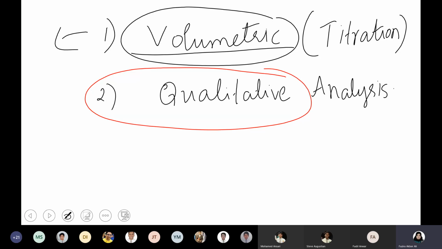I'm just identifying an element. Identifying an element, or if you rephrase it, identifying the presence of something, right? It may not be an element, but a different substance. For example, if you are finding the presence of sulfur dioxide polluting gas in air, you don't know how much quantity, but you are detecting that there is sulfur dioxide in air. So that is qualitative. You don't know how much quantity, but you know that it is present in the sample given to you. You just know whether it is present or not.